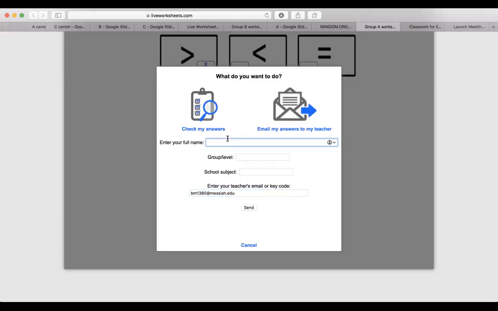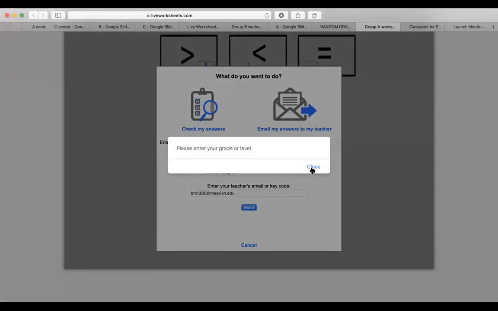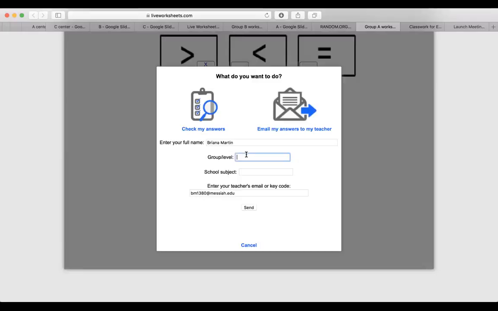So if this was mine, I would put Brianna Martin, and then my email. Oh, we have to put 2nd grade in here. 2nd grade, and you can even put math in here if you would like to. Then we're going to hit